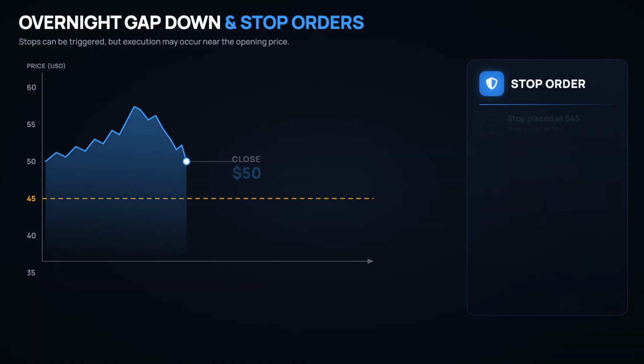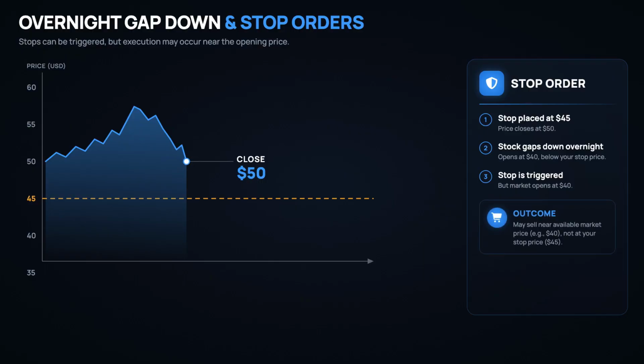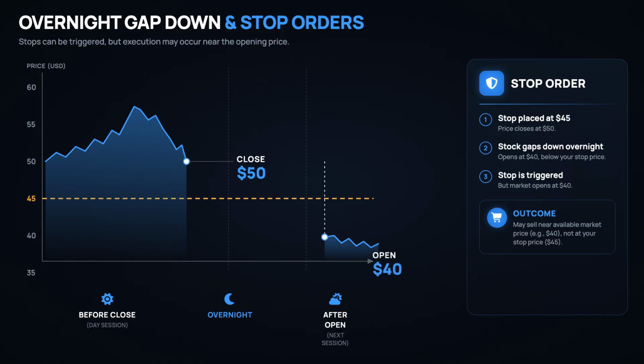Let's say a stock closes at $50 and you have a regular stop loss at $45. Then bad news comes out overnight and the stock opens the next morning at $40. Sorry, but your stop didn't magically sell at $45 while the market was closed. Once trading opens and your stop is triggered, it may sell near the available market price, and that could be